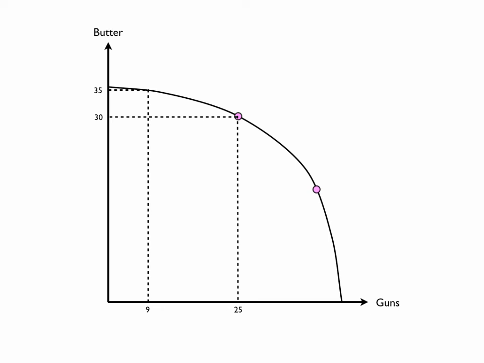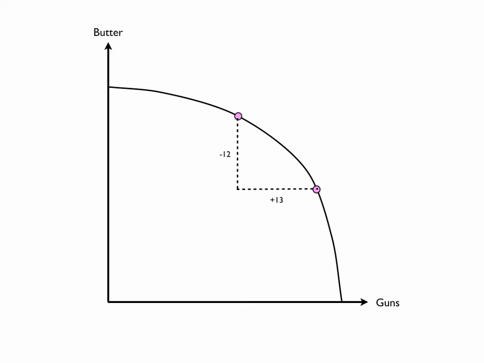Again, we have diminishing marginal product of labor when we add more and more workers into the butter manufacturing business without increasing the amount of capital. Then output is going to increase, but at a decreasing rate. And therefore, what we see here is an increasing marginal cost of obtaining butter when we're at the top, or a decreasing marginal cost of obtaining guns, as we move down towards producing more guns.